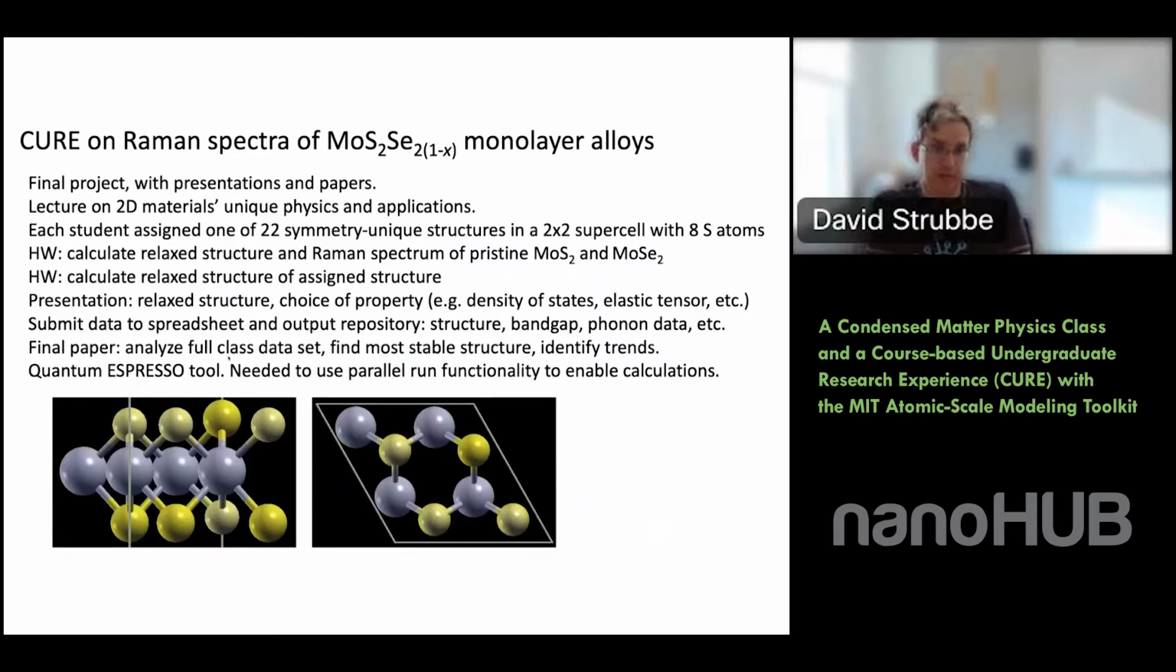So what I came up with as a cure for what we were going to do is we're going to look at alloys between MoS2 and MoSe2. Actually, there's a typo that I'll fix in these slides. This is supposed to be an x here. So this is something where we can have a range of compositions of how much sulfur is there versus